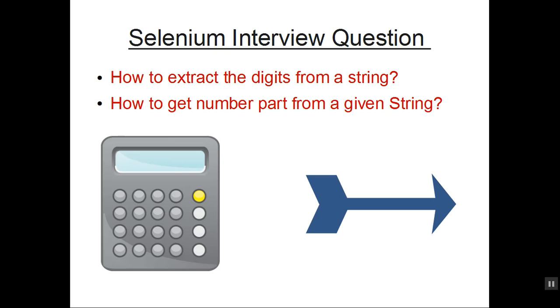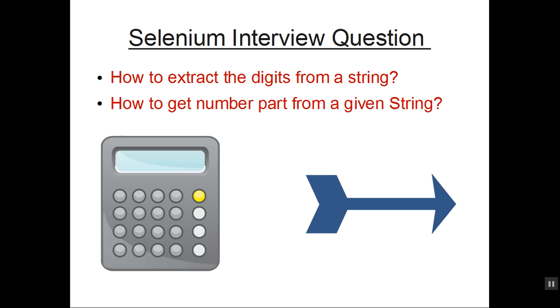So we'll see today how we can write a program, how we can write code to extract the digits from a given string. And the use case from the testing perspective is that sometimes, while testing an application, you get some error, let's say a page not found error 404. So you need to validate that, and through automation code you are fetching that